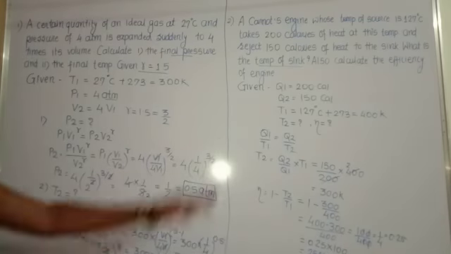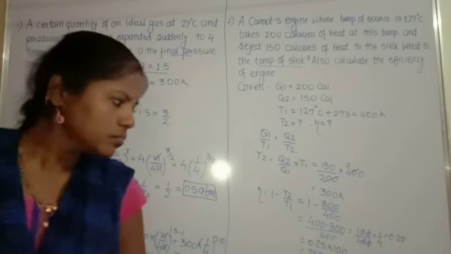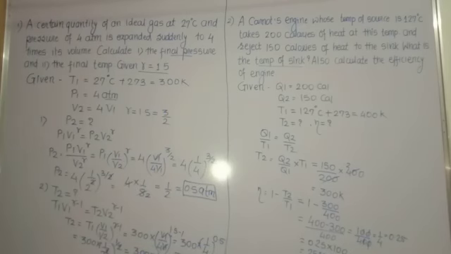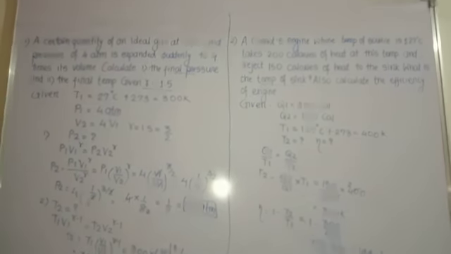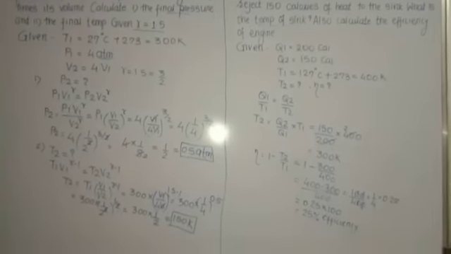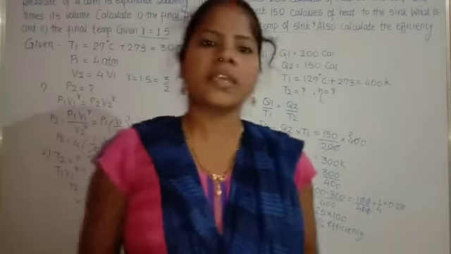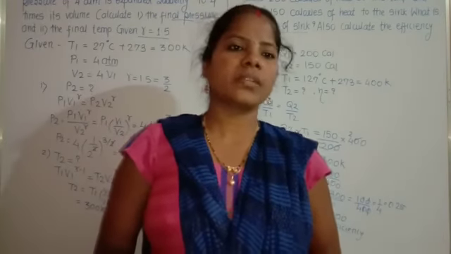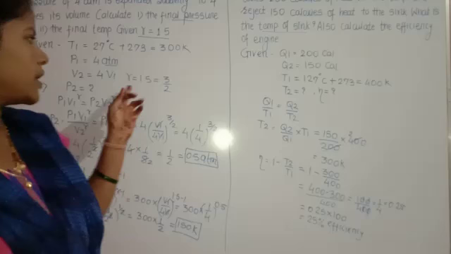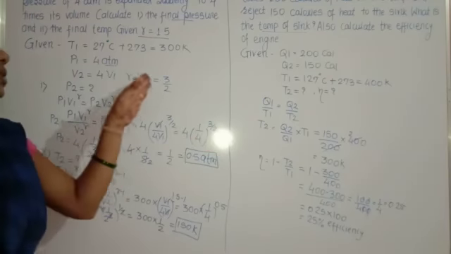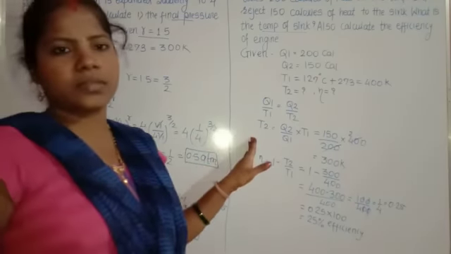Okay, so using this type, there are a number of numericals we can calculate. These are the two numericals we solved. There are many more numericals we can solve, but we have a time limit, so that's why we are taking two types of numerical. By using this formula, we can calculate a number of numericals.